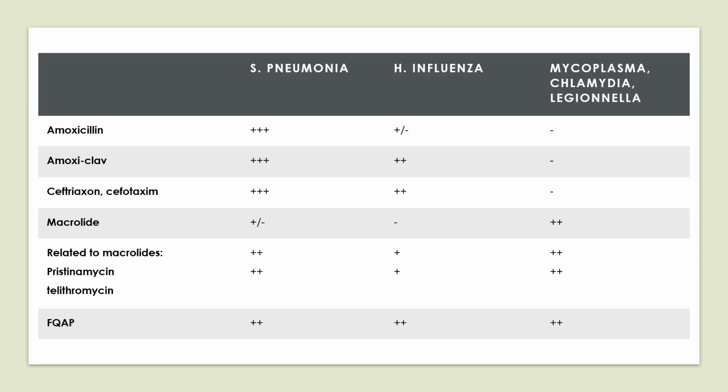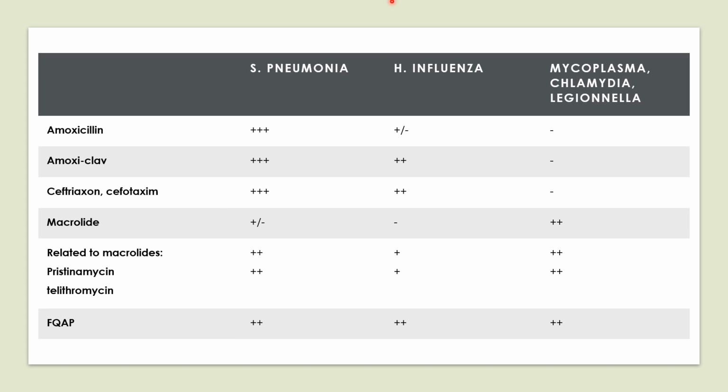And we have to know about the effectiveness of these antibiotics depending on the germs. For example, for Streptococcus pneumoniae, the amoxicillin, amoxiclav, and ceftriaxone are effective on this germ. But the macrolides are not really effective, so we do not have to give macrolides if we are suspecting a pneumococcus. The related to macrolides like pristinamycin and telithromycin are effective, and the antipneumococcal fluoroquinolones like levofloxacin are effective